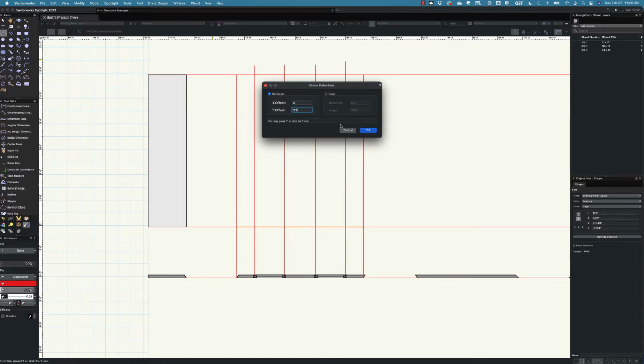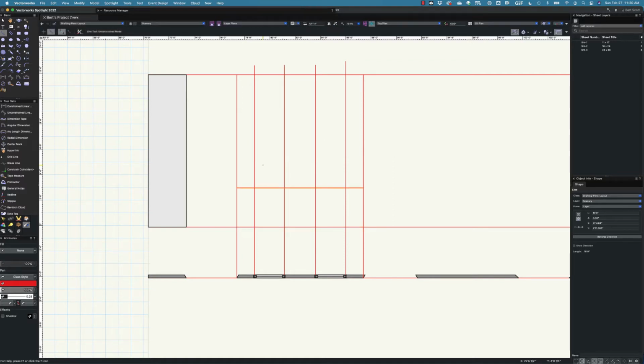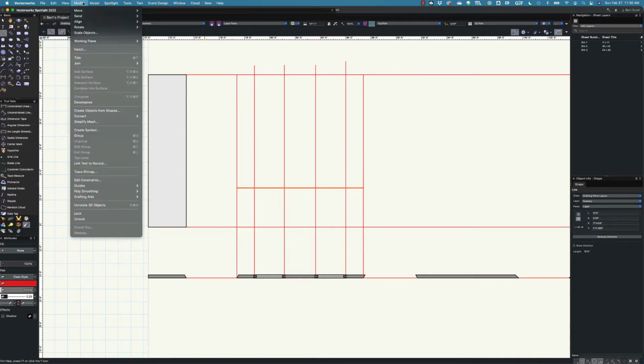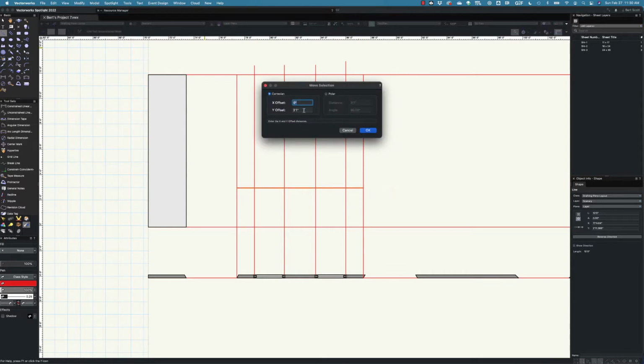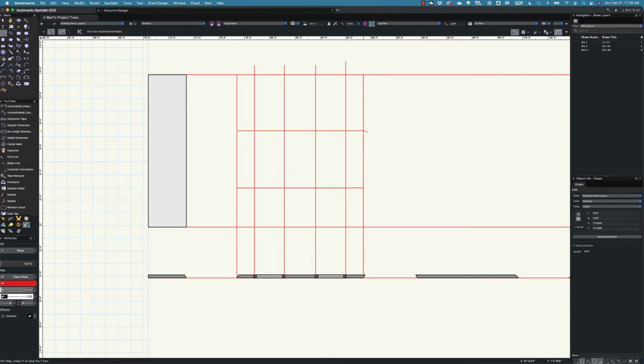I just totally said that backwards. 0x 3 feet 1y. Wow. And then we're going to draw a line on top of that and move that up 4 feet 6. So 0x 4 feet 6y, and that's going to determine the top of the window. So now we can draw our